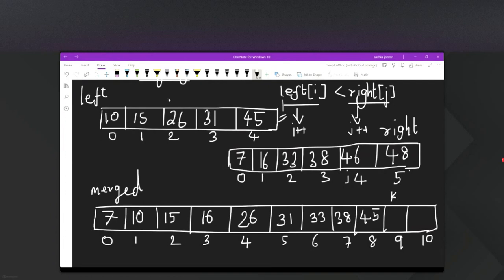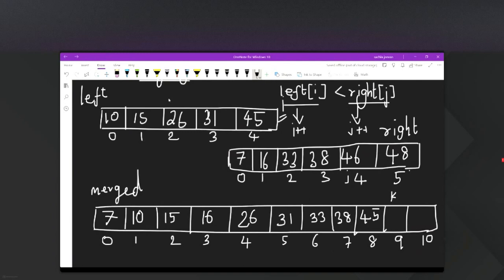When it reaches outside, what we can see is all the elements of that array have been already taken. When one of the arrays is completed, the other array will definitely still have elements. Both the arrays will not become empty at the same time, because either the left or the right is becoming empty. When you are picking only one element from one of the arrays, both cannot become empty at the same point of time. Either one will become empty first and then the next will become empty. So whichever array has all its elements taken, for the other array, whatever remaining elements have not been taken,